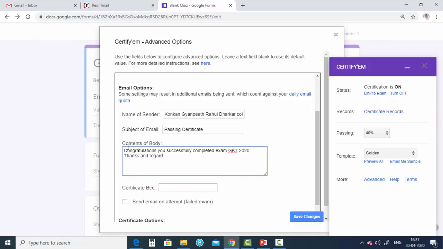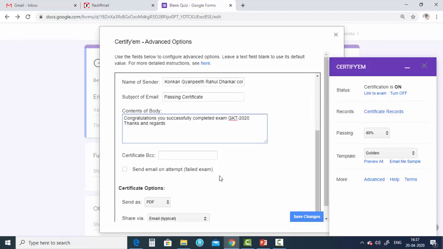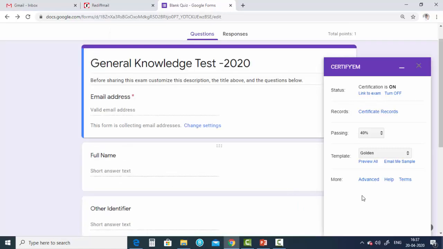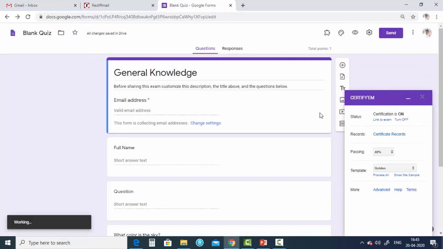And if you want a certificate copy sent to a specific email, then you can put the email here if you want. Otherwise it will be stored in Google Drive. Then the certificate option has two choices, PDF or image, so we will select PDF. Then via email we are sending, or from Google Drive we can get a direct link. Email is what we are collecting here. Save changes. Once it's saved, we have completed this. Now we have completed the certificate setup, so I will show the demo of how the student will get a certificate. Now we will get the response on my email.